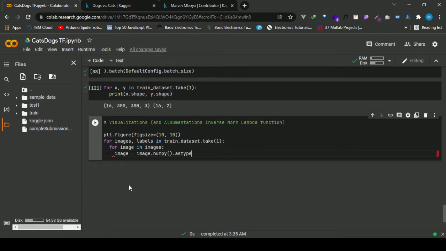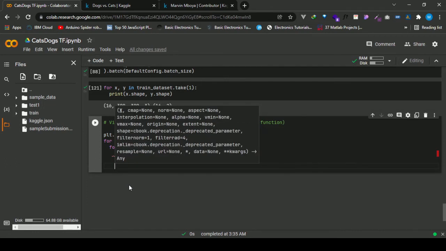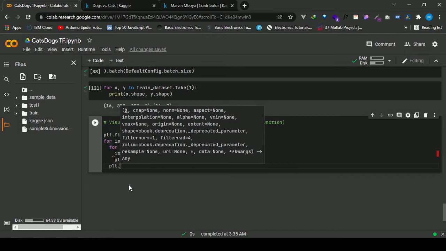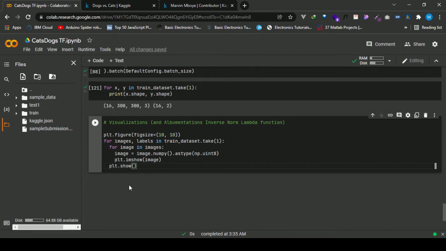Let me just do this unsigned integer 8. Then to that I will show the image, and then show everything. So if I run, okay, should have implemented the enumerate,